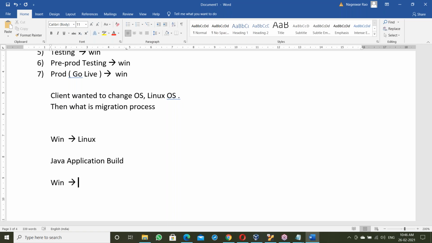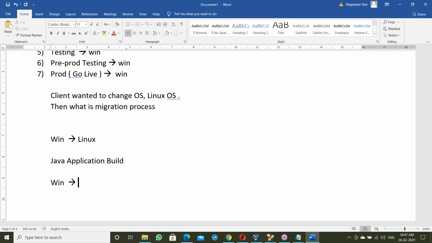After unblocking port numbers, that Linux system has to connect to the network, the company network. That Linux system has to be put into that company network, which means connecting with the cables and so on. After connecting, we should configure the IP address with the company network IP address. Once the IP address is configured, we restart the Linux server. Once restarted, the Linux system is ready on the company network.